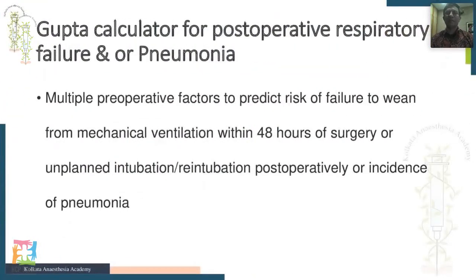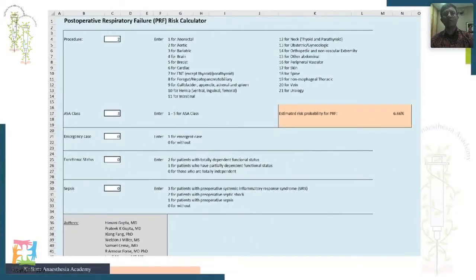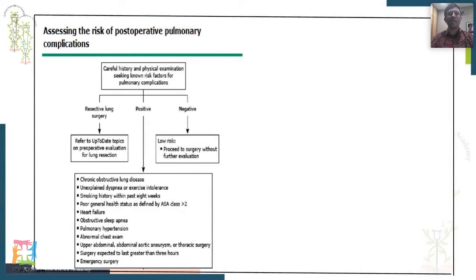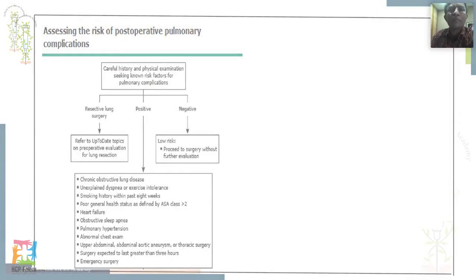These are the other risk indicators. I'll not bore you with this. It's again available, you can just guide yourself through this. The Gupta one is similar, but I find it a little more difficult to use. I find the Ariscat much easier to use. And from this, you essentially develop the